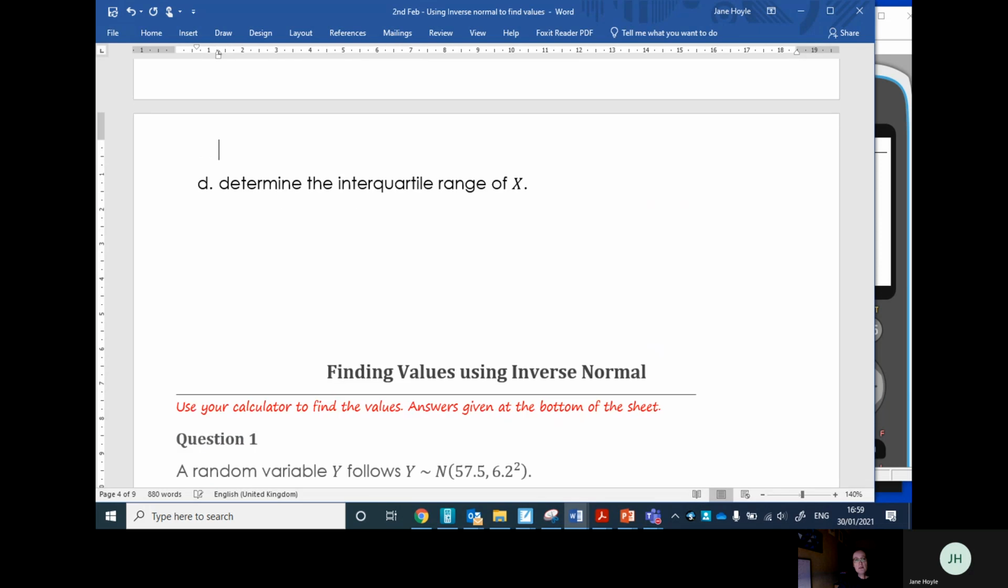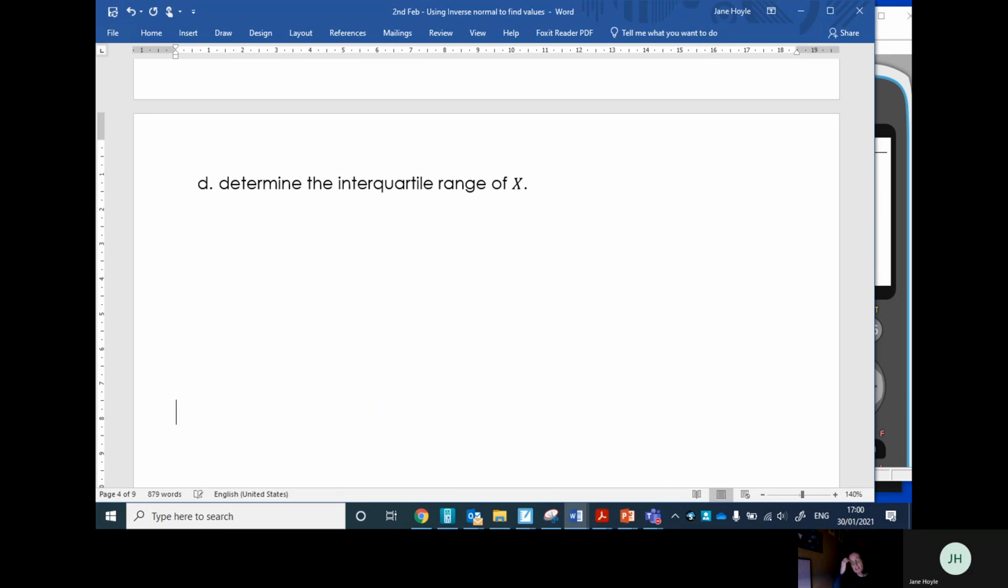Because we need to determine the interquartile range. Now, if you think about what interquartile range is, the interquartile range tells us the distribution of the middle 50% of the data. Okay, and of course, this isn't just the case for normal distribution, this is for any distribution. So the lower quartile,